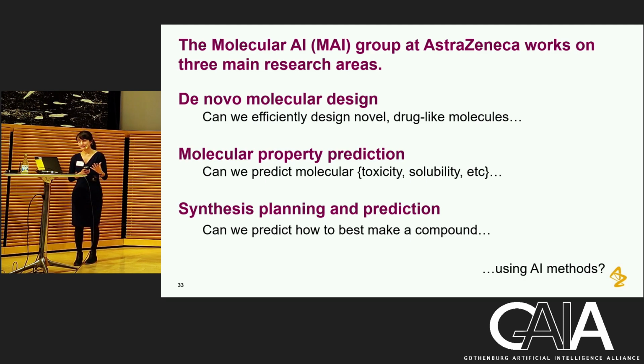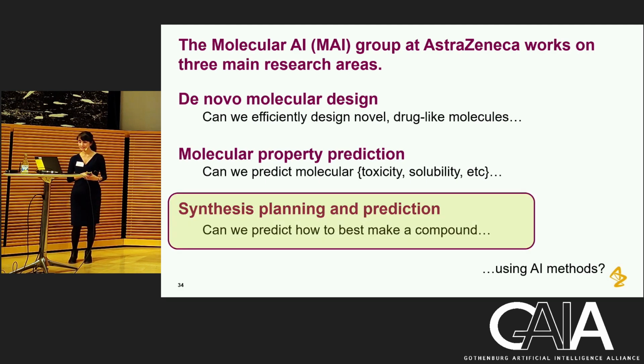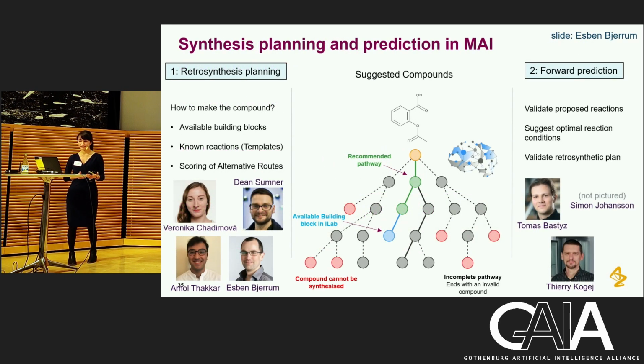So now that brings me back to the three main research areas that we work on in our group, and what I want to do is give you a little bit more details on what we do in each specific subsection. I'm going to start with synthesis planning and work my way up to de novo molecular design, which will segue into the work that I'm doing in my project. We have about half of our group working on synthesis planning and prediction. I got this slide from Espen. And here, about half of the group working on synthesis planning works on retrosynthesis planning, which is the idea of,